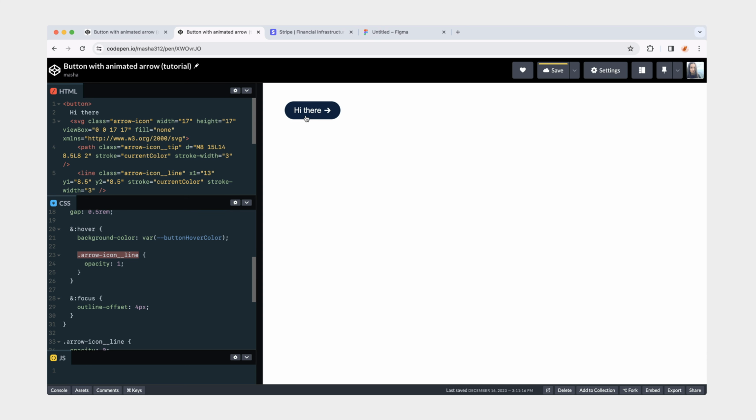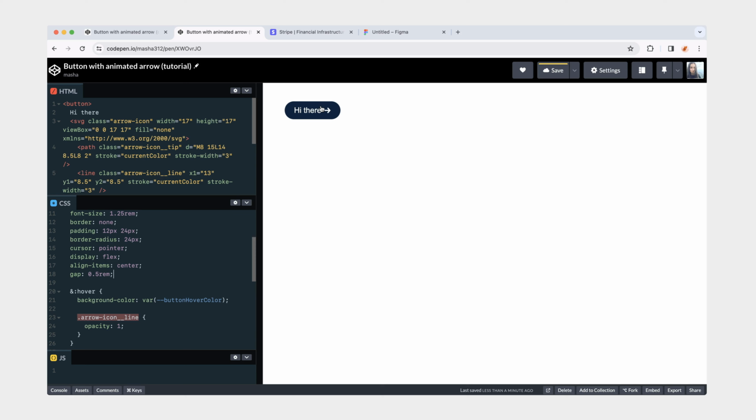Currently, it's very rigid, which might be what you're going for, or maybe you want to add a little bit of easing so that it's not as abrupt. And to do that, you can add transition, and then we're targeting opacity. And we want it to be quite quick, 150 milliseconds. And now you can see that there is slight easing. So we also currently don't have a transition for the background color change of the button. That's also something that we could add, and we can keep it the same length.